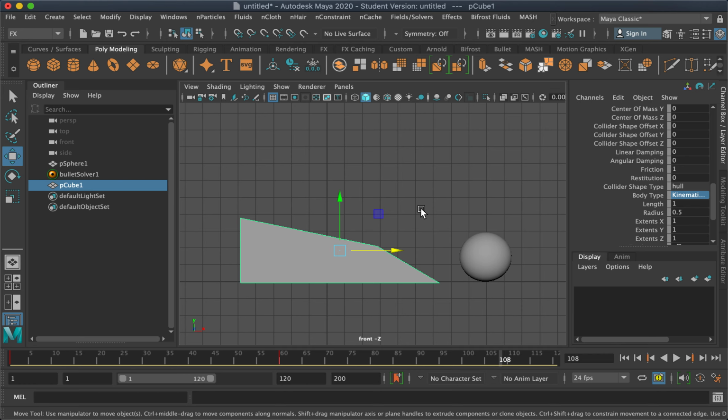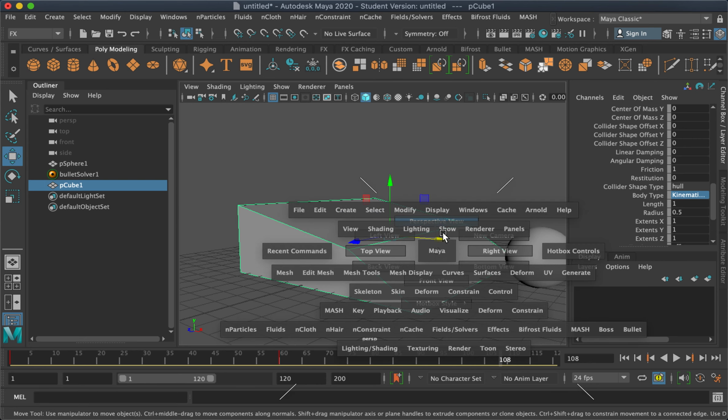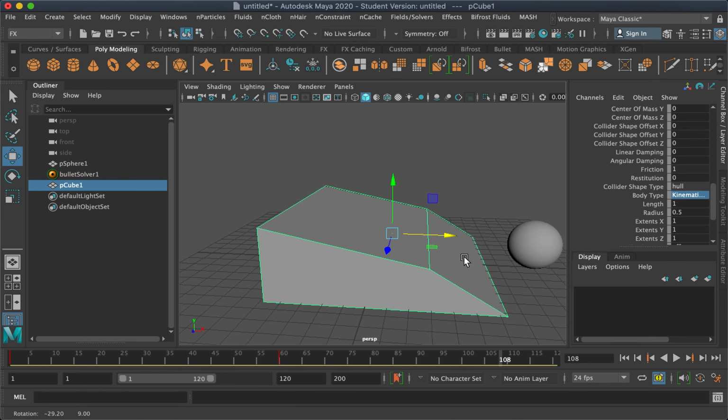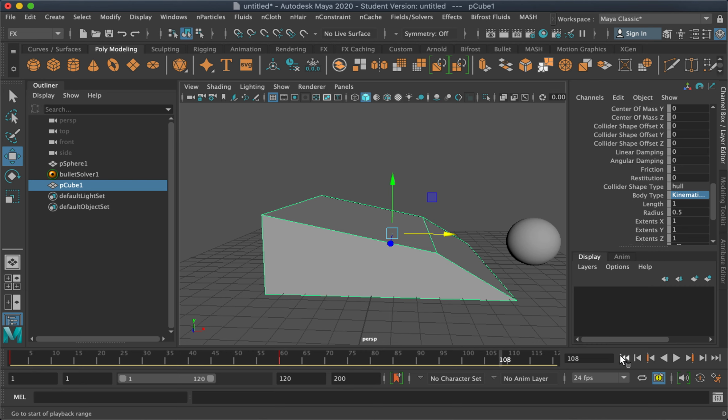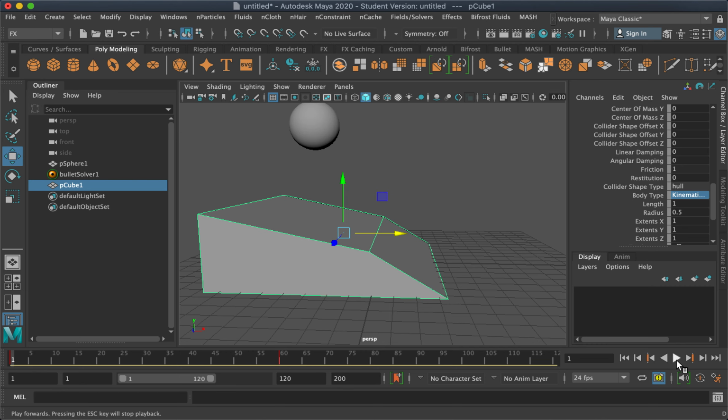If you'll be using a static rigid body, make sure that object will not be animated. This will also save performance processing time, since Maya already knows where the object is. Unlike kinematic, which is animatable.